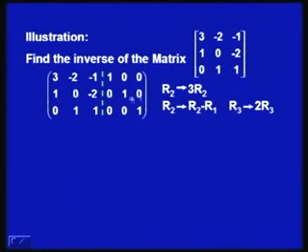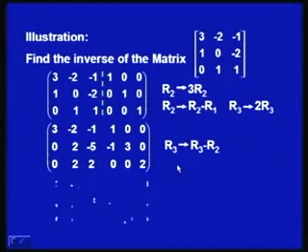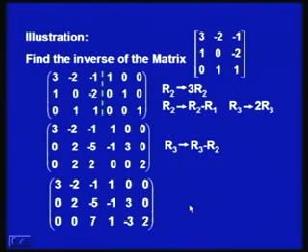So we write R2 as 3R2, and then we subtract R2 from R1, and then R3 is 2 times R3. So these transformations give us this matrix. Now R3 is R3 minus R2, so even this will become 0,